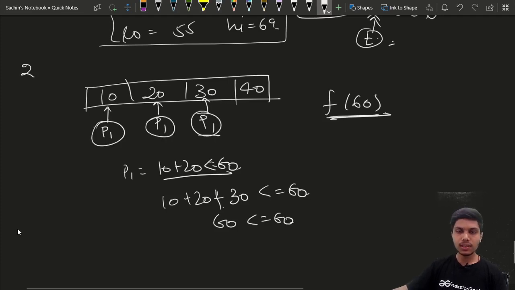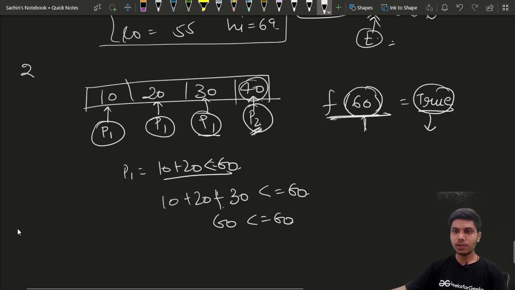Now we can see that we cannot assign the fourth board to the first painter. So we will change to our second painter, and we will assign this 40 to our second painter. In this way it will return true. True means that we can paint these boards in at most 60 units of time.